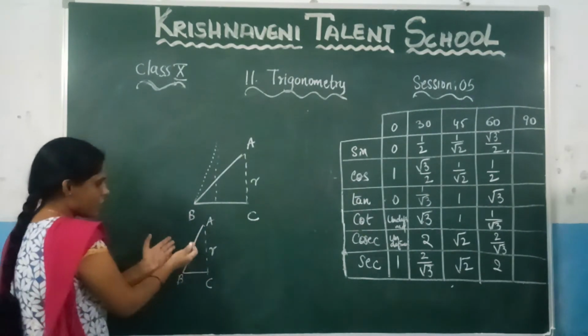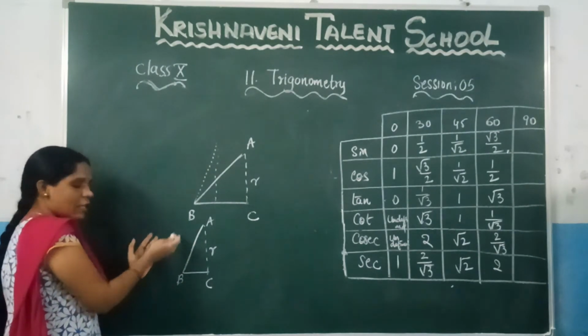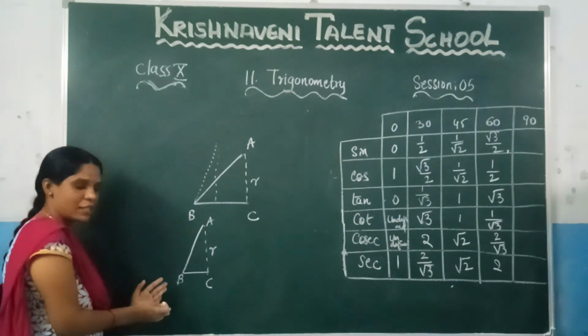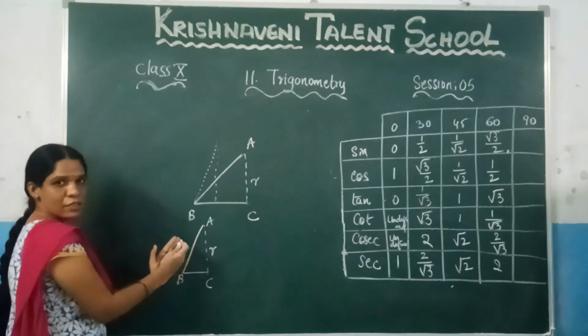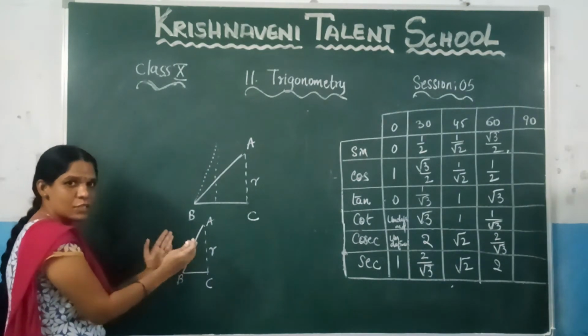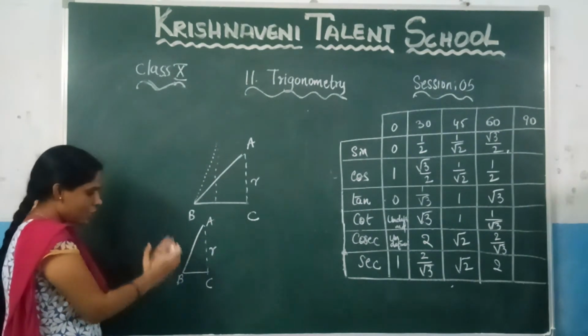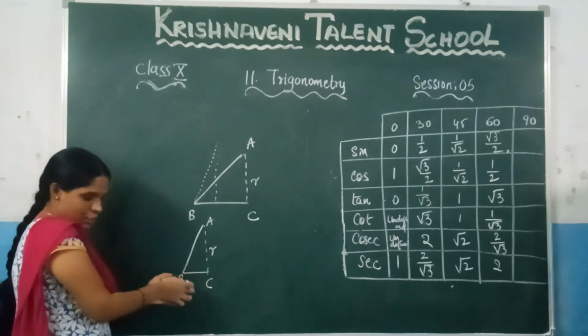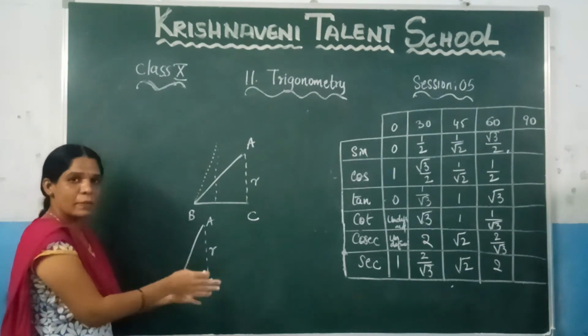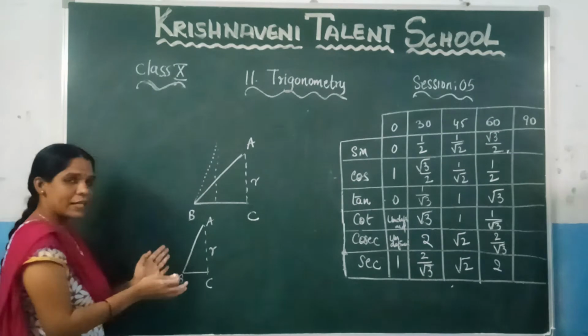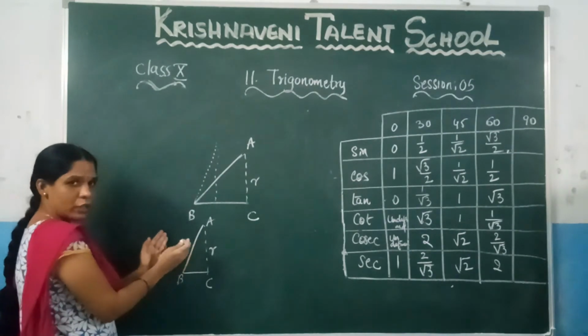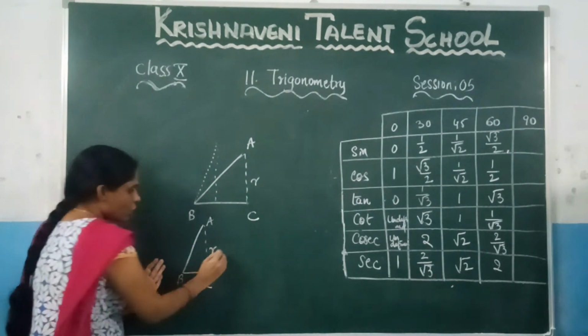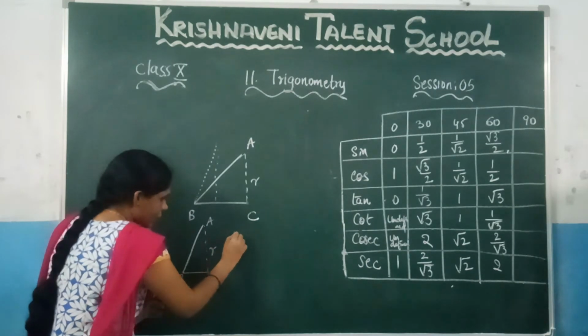Now, if the angle is increasing like that, when you get the angle as 90 degrees, these two lines will coincide with each other. Then, when these two lines coincide with each other, this becomes equal to 0, right? So at last, if you keep on increasing like that, you can observe that you will get an angle like this.